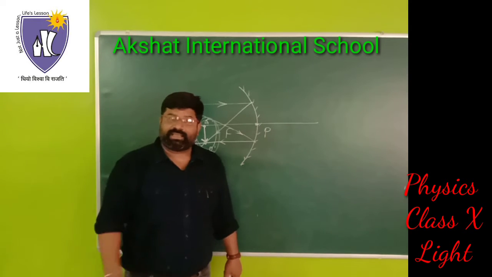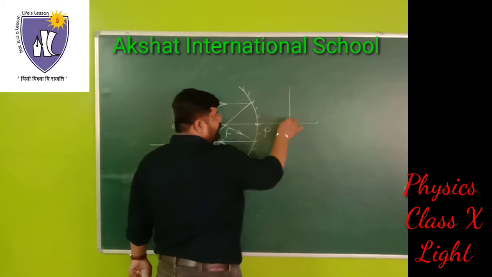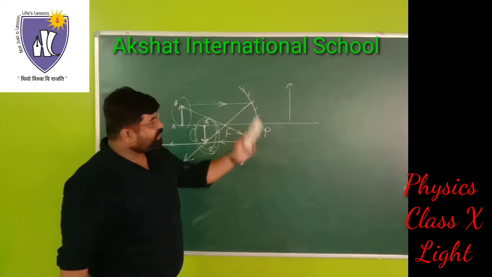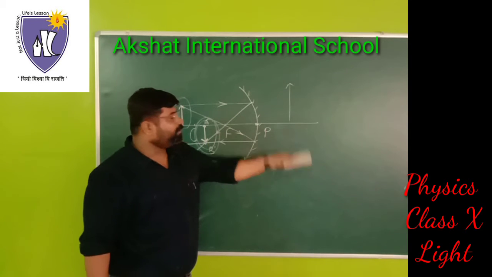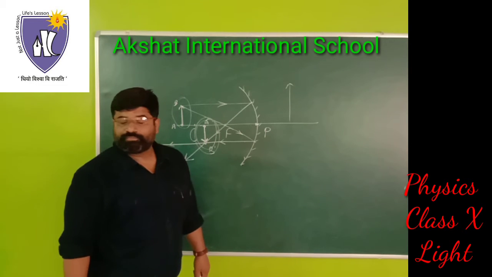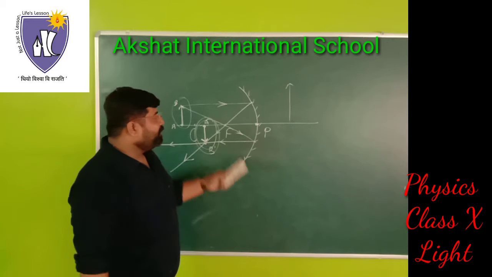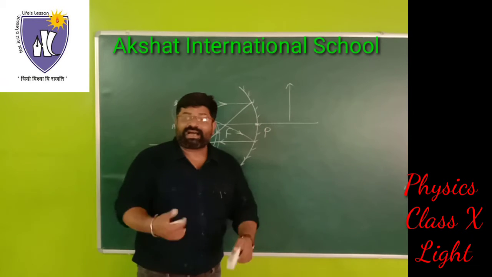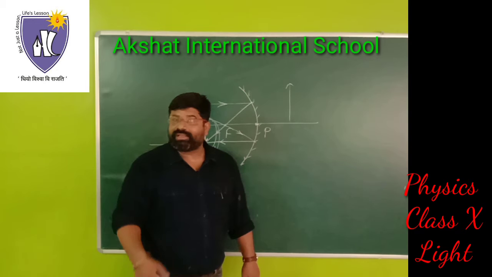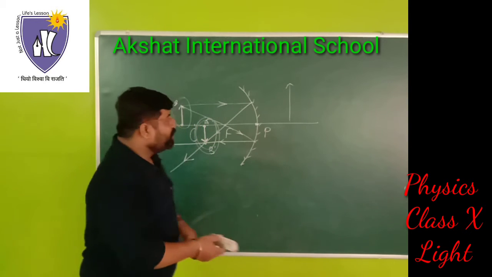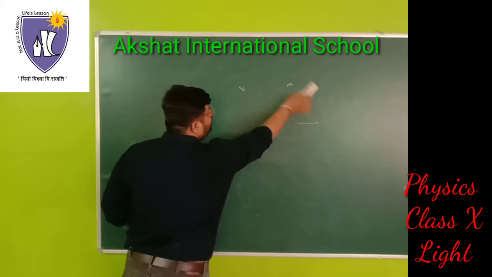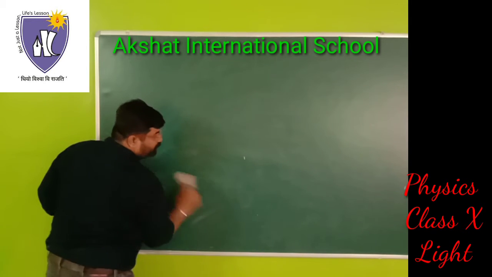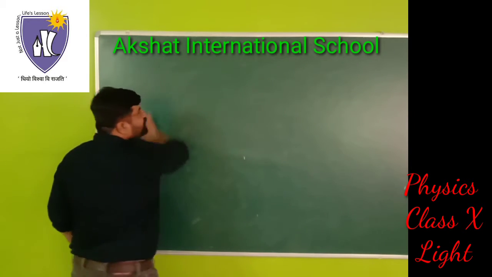In the previous case, when the image was formed here, that image is a virtual image, because it is formed behind the mirror, or we can say the rays are intersecting virtually, not really. So these are called real and virtual images, and in this way we find out how these images are formed.